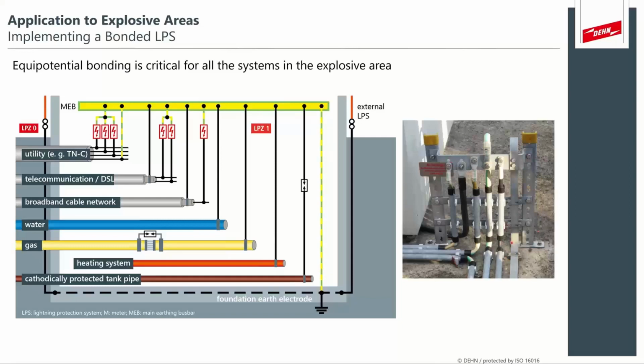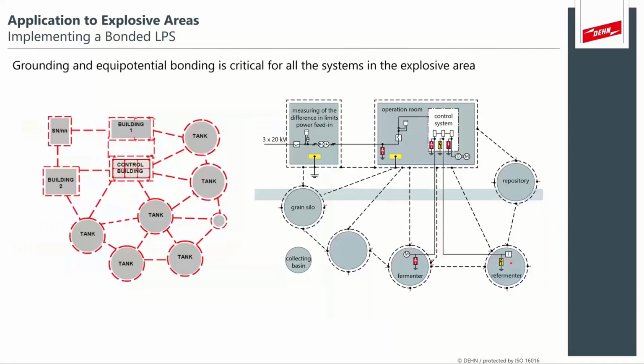Now, this is a very nice concept, a very nice equipotential bonding bar. I can easily see everything. It's open for maintenance and inspection, and I can make sure that everything is properly bonded. And then the grounding system, a strike to this tank, and there's not adequate grounding measures on the tank next door,